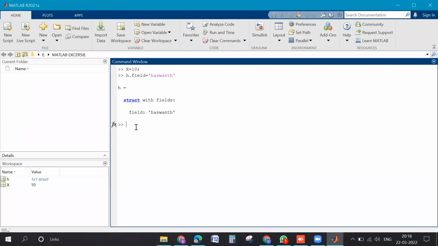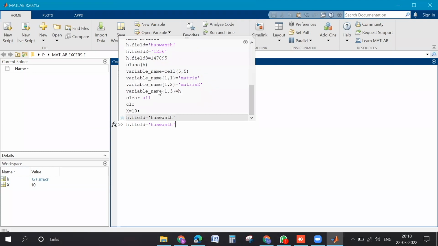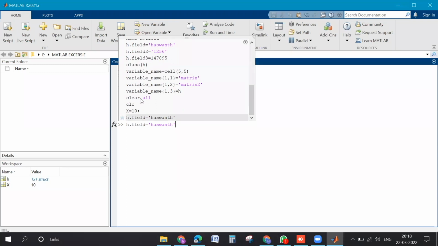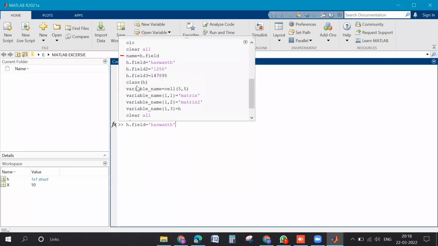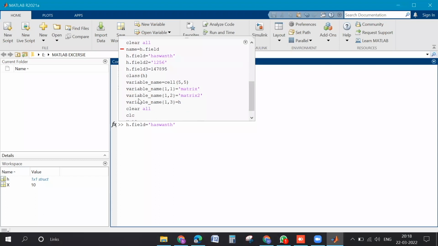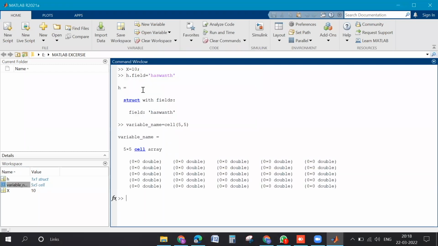Again, one more upper arrow key, the cell which we created, enter. Maybe before that you need to define the cell, and then you need the first 2 lines of the cell command that we have used. Go downside, maybe more down. Yeah, first 2. Okay, so you are able to see